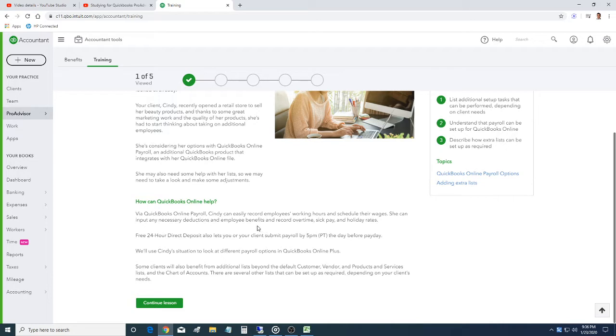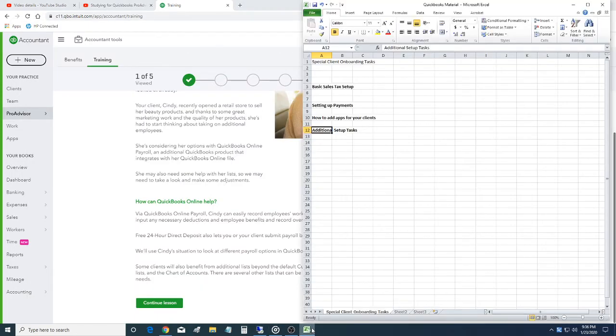Some clients will also benefit from additional lists beyond the default customer, vendor, and products and services lists and the chart of accounts. There are several other lists that can be set up as required depending on your client's needs. Okay, so let's write that down. Lists that are